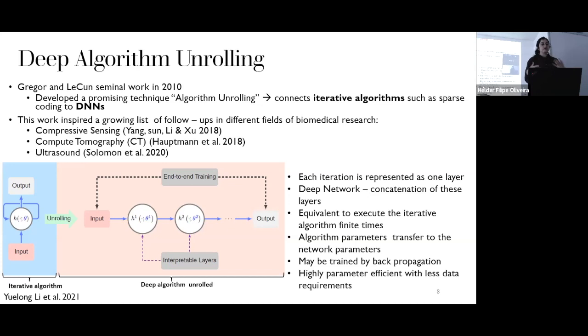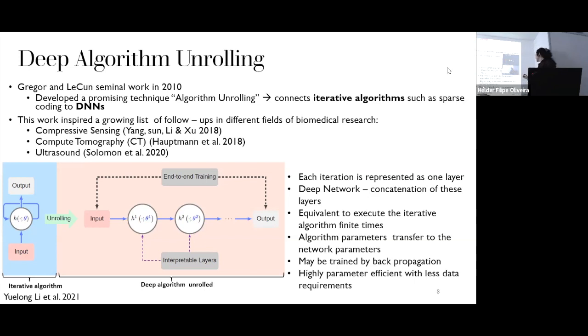This work also served as an inspiration to other researchers in biomedical research and in different medical imaging applications. In this image you can see how it's first an iterative algorithm, where one iteration is a function with some parameters, and then the unrolling is basically converting this iteration into a cascade of layers, which is equivalent to executing each iteration a finite number